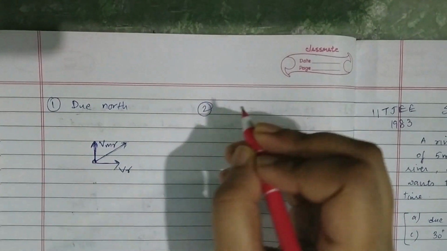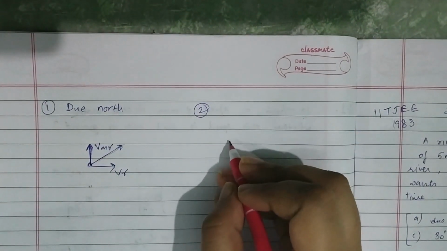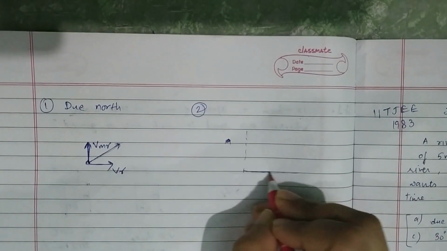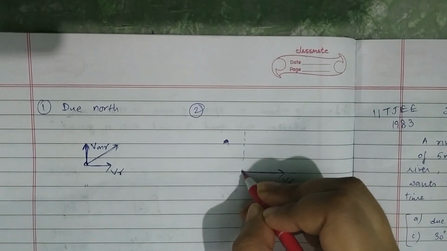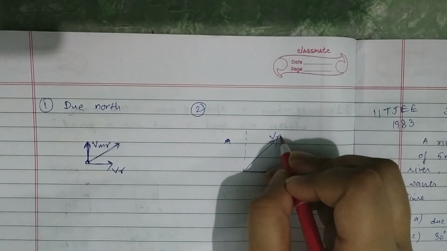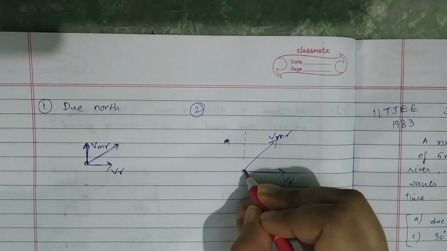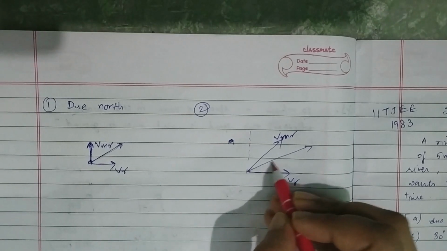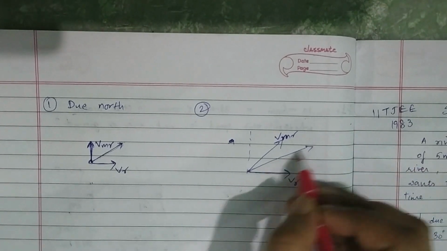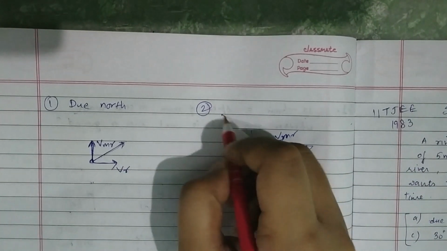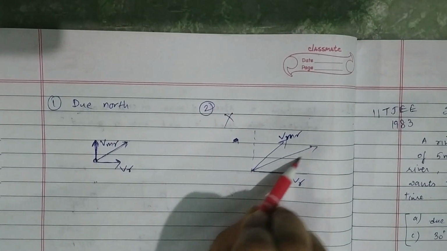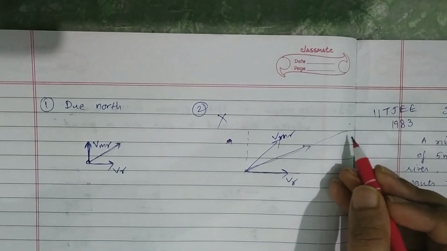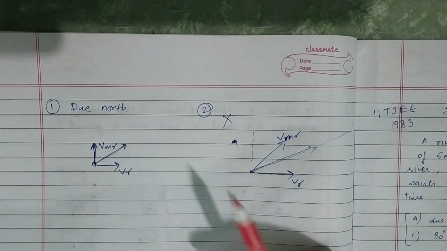According to our second option, it says it should go east. So if this is the axis, this is the velocity of river. If it tries to go east, this is the velocity of man with respect to river, then the final velocity will be more eastwards and it will go further away. So this option is not better than the first option. So this option rules out, because it will eventually go very far away, and this cannot be the minimum. At least we can say that this distance is not less than this distance.